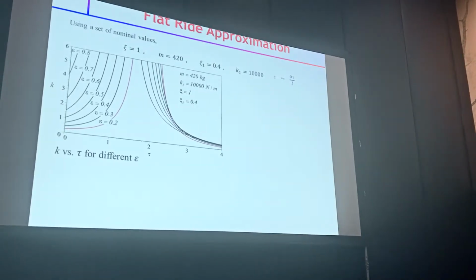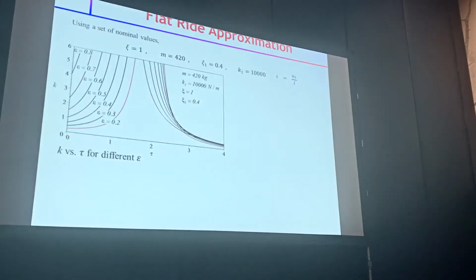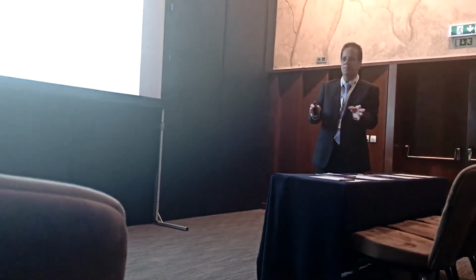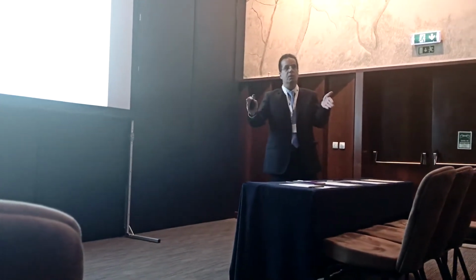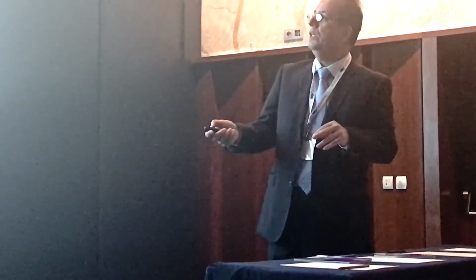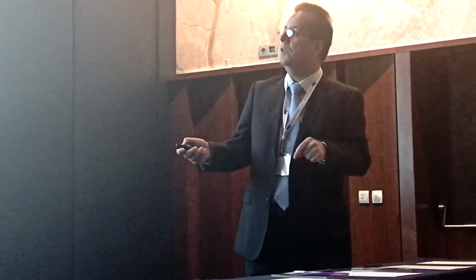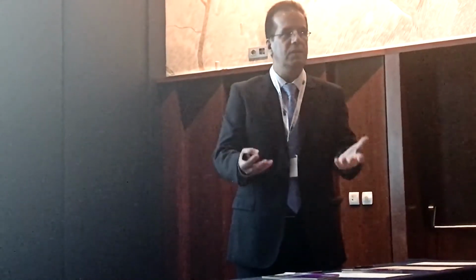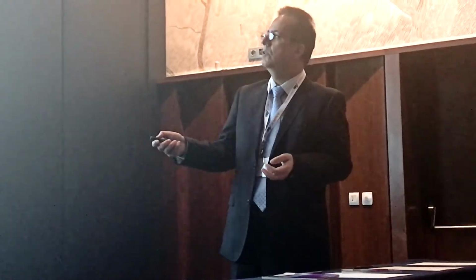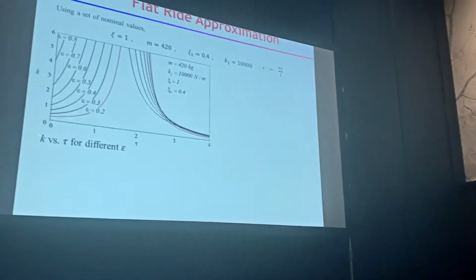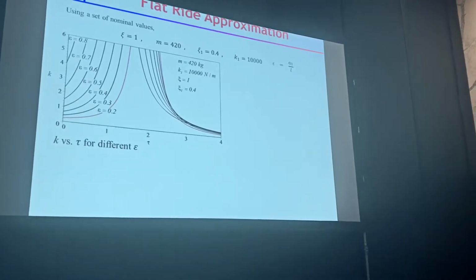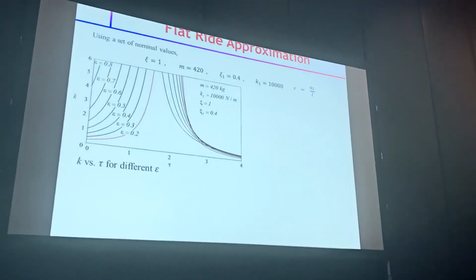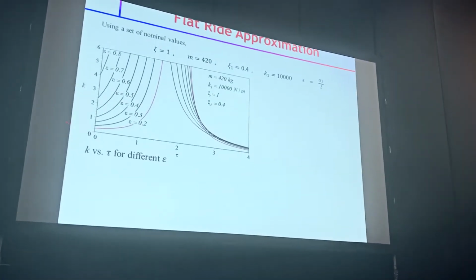Let's go to some plot. This is the plot. This axis shows tau. Tau was a function of velocity and wheelbase. So let's assume that we are designing a car whose wheelbase is constant, so we are talking about different velocity. Tau was L over V, so when tau increases, velocity is less. When we go to lower tau, velocity is faster. So faster, slower. And then k is the stiffness ratio between back and the front. This is the whole story of the equations that we found in the previous page, but it is not important